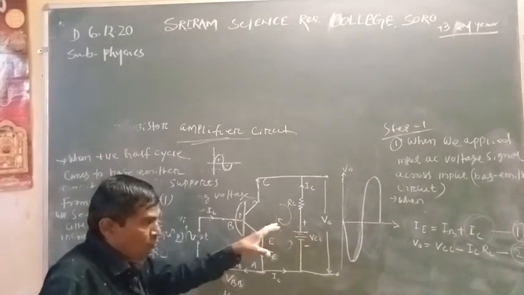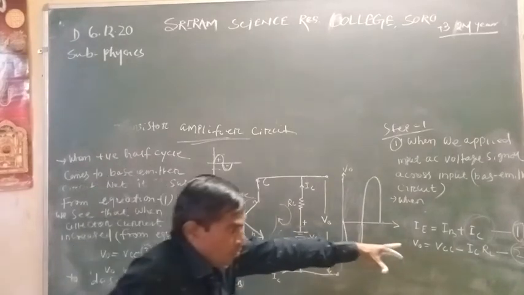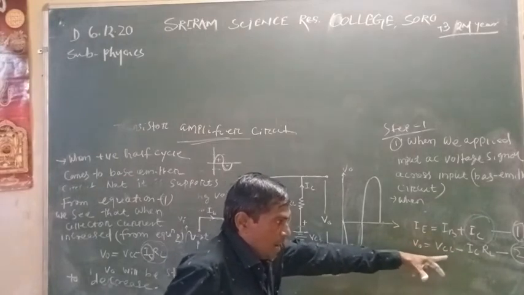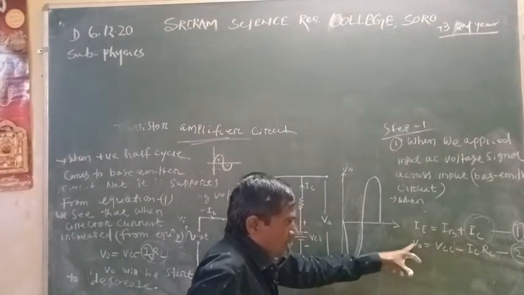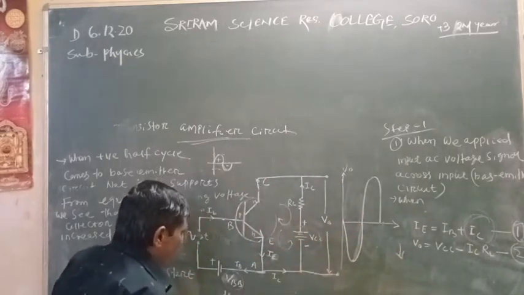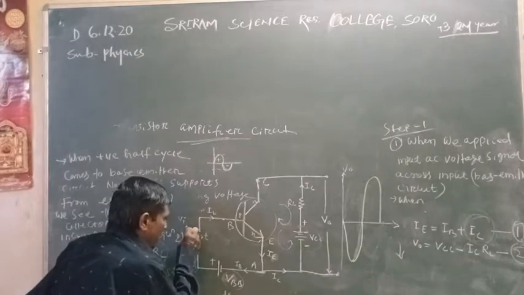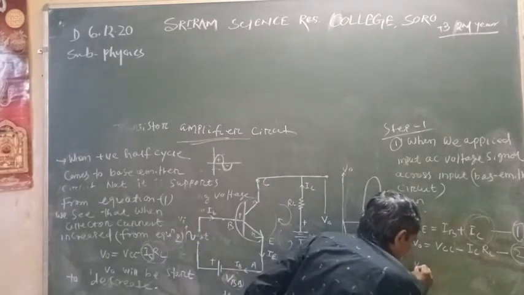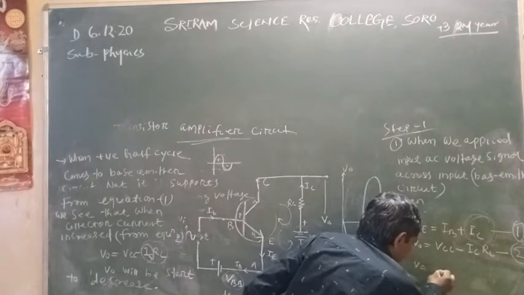After that, we consider from equation 2 that V naught equals VCC minus IC RL. When IC increases, V naught will decrease. Now we see that when the input supply is positive, this V naught will be decreased